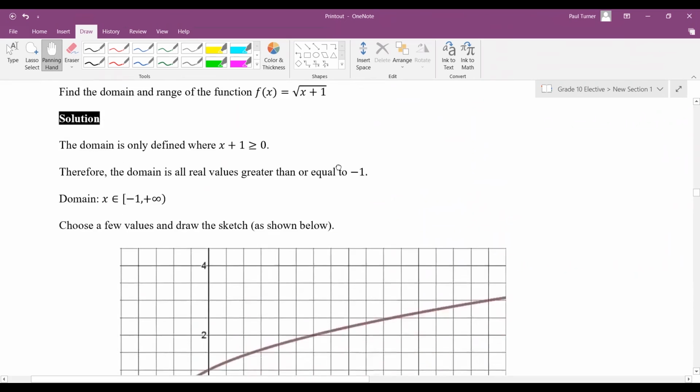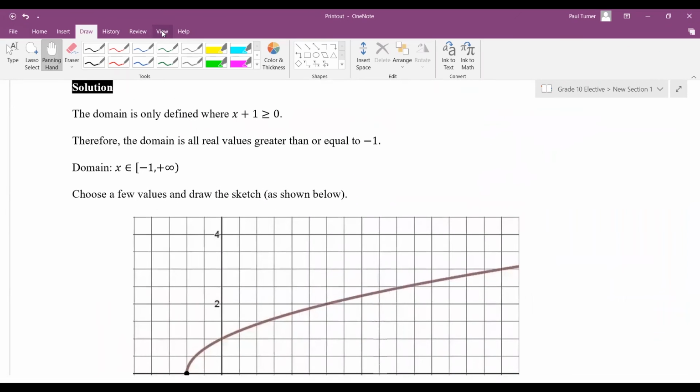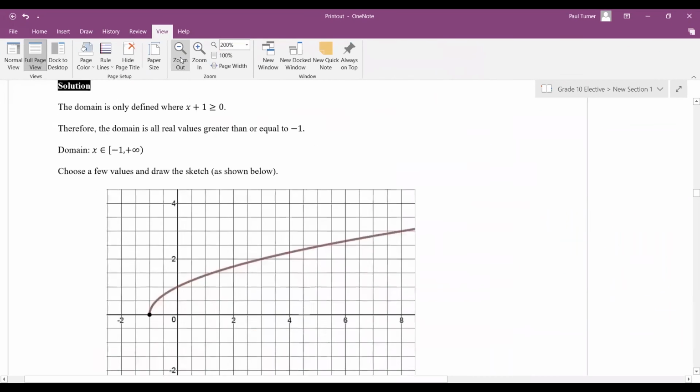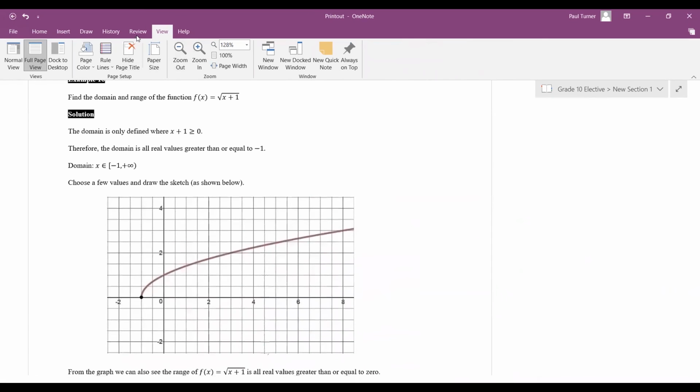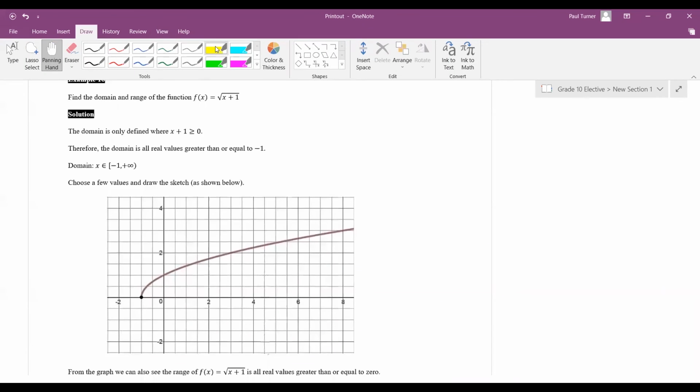Here's an example here. I drew on the computer. Let's make it a bit smaller. Like that. So this is your function here, y equals root x plus 1. You just choose some numbers. You just make a set of numbers, x and y. Obviously, we can have -1, but -2 won't work. -1, 0, 1, 2, 3, like that. Choose a few numbers and then put the y value in. You'll get this graph here